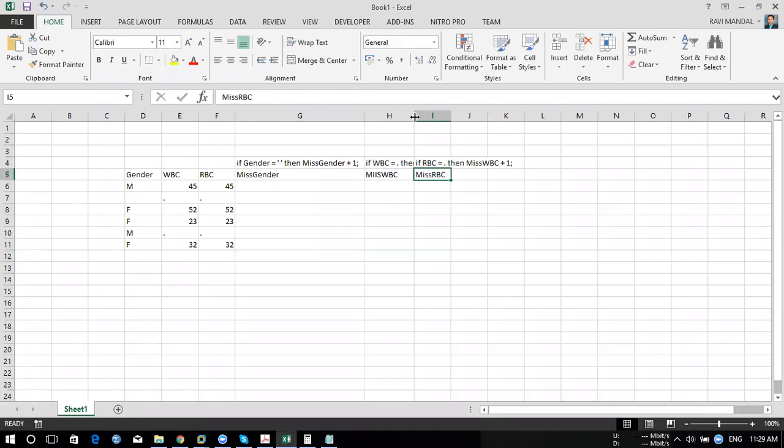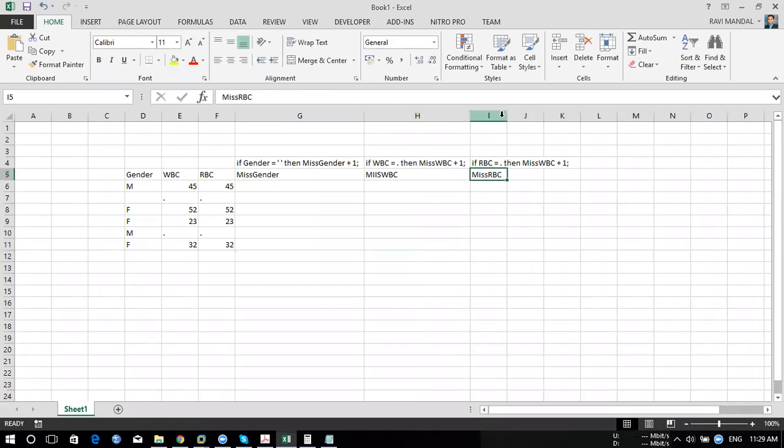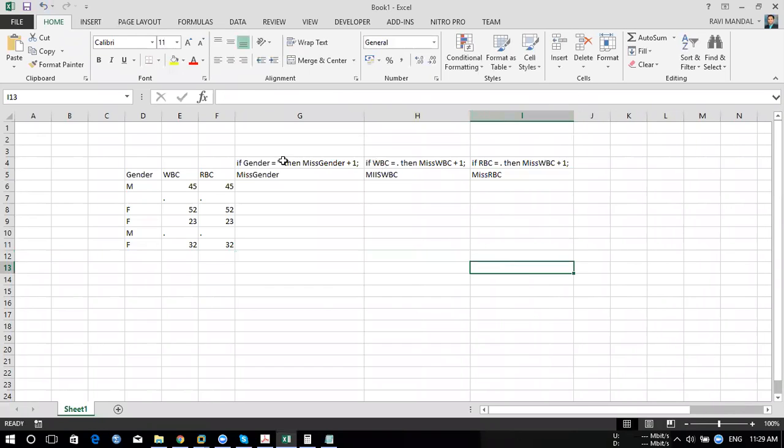Okay, so we have three conditions in place. So in this case, if you're trying to find out if there is any space, just give the counter plus one. So my miss gender variable has got created, which is initially initialized to 0,